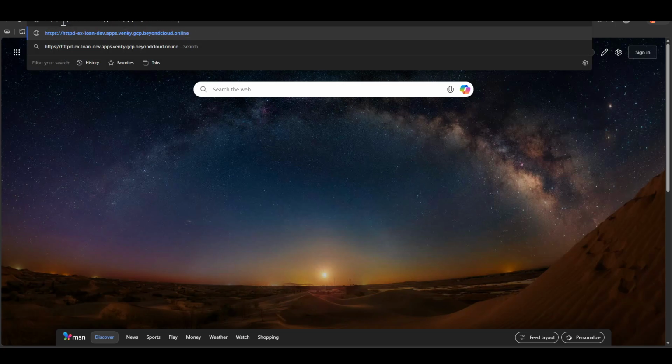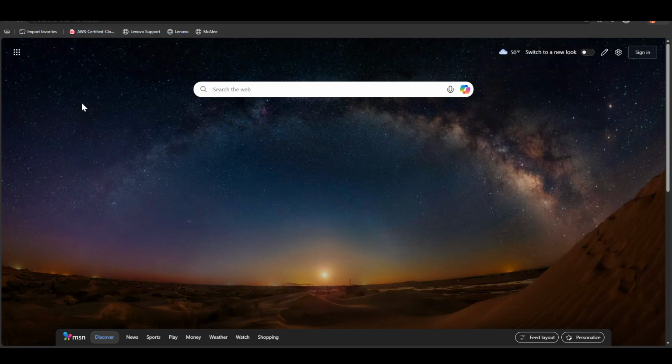So this URL comes with HTTPDX, that's the name of your service, loan-dev, which is the name of your project, and then app.venky.gcp.beyondcloud.online. So this is basically your domain name which you bought, and then gcp.beyondcloud.online is a domain you built. Venky is the name of your cluster, and app says it's the application side of things, and then your project name and your application name. When you hit enter,